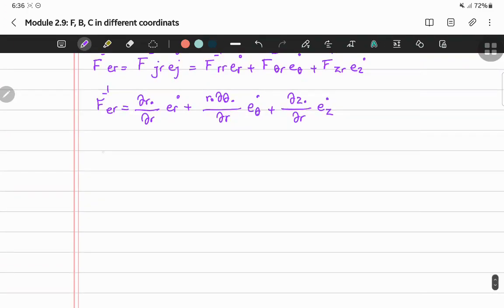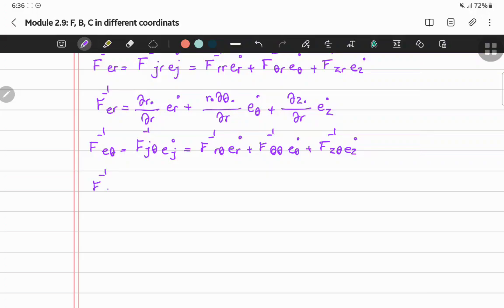Next, I have F inverse e theta, which is F inverse J theta eJ0. So it is F inverse r theta er0 plus F inverse theta theta e theta 0 plus F inverse z theta ez0. So F inverse e theta is equal to